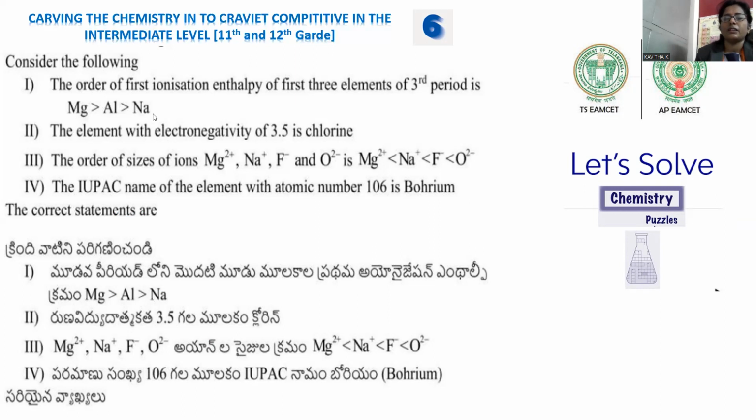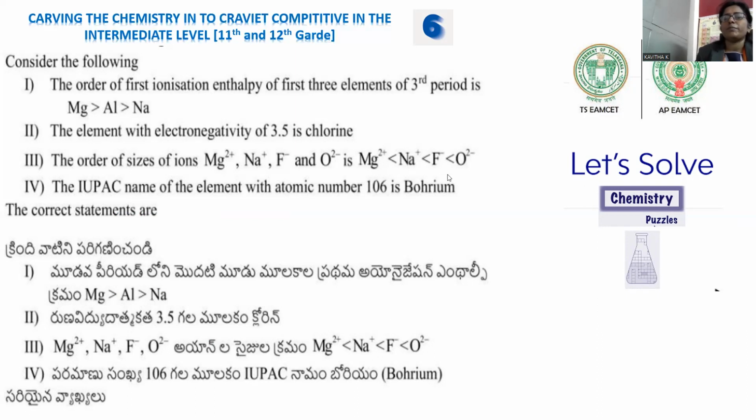So this will be the order they provided. We have to interpret whether it is correct or not. The element with electronegativity 3.5 is chlorine. Chlorine electronegativity is assigned as 3.5. Correct or not? The order of sizes of ions Mg+2, Na+, F-, O-2 are